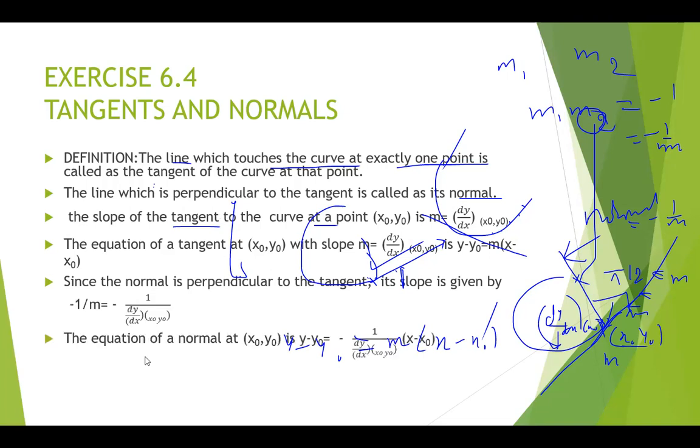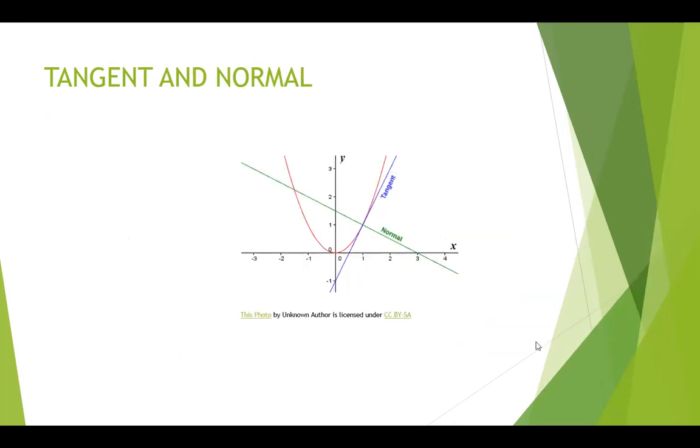Okay. Now, similarly, the equation of normal. Equation of normal means normal is touching the tangent. So, x naught, y naught is a point lying on the normal also. And you know the slope of normal is given by -1 upon m. So, slope point form: y minus y naught equals -1 upon dy by dx. Why I took this? Because this is the slope of this line. And x naught, y naught is a point existing on the tangent, on the normal as well as on the curve. Okay? I hope you have understood.